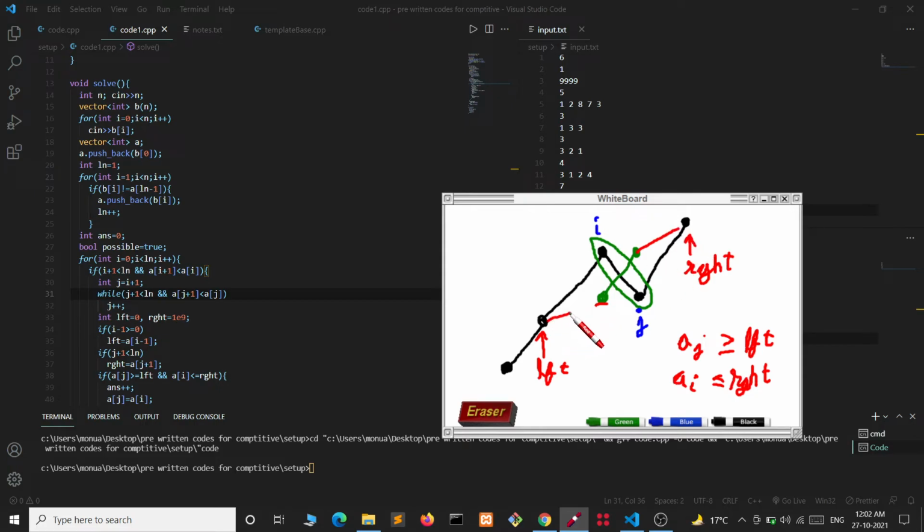Then only we will be able to connect them and form an increasing or a constant array.